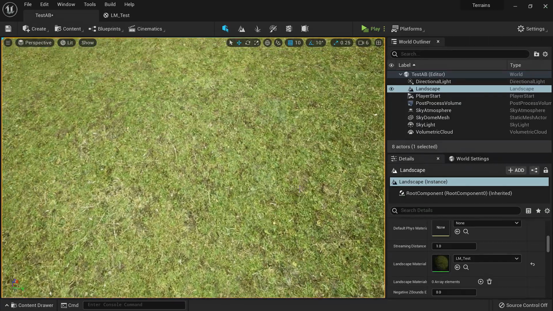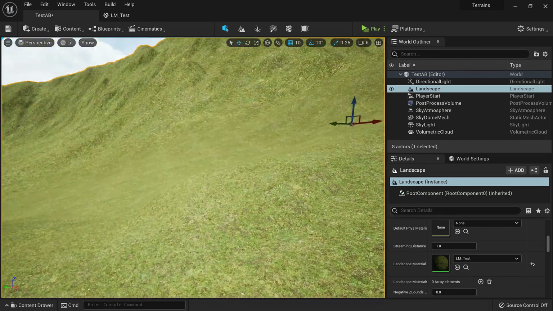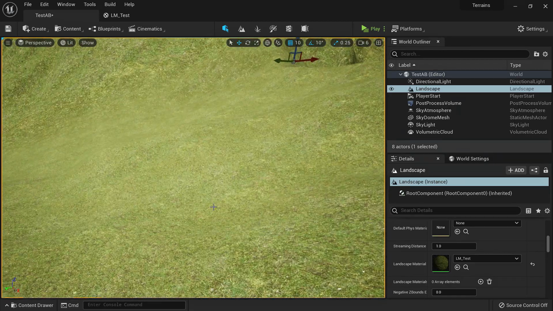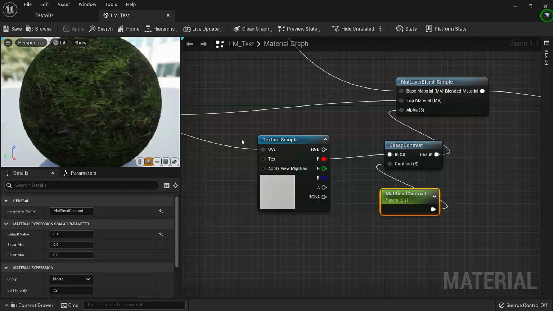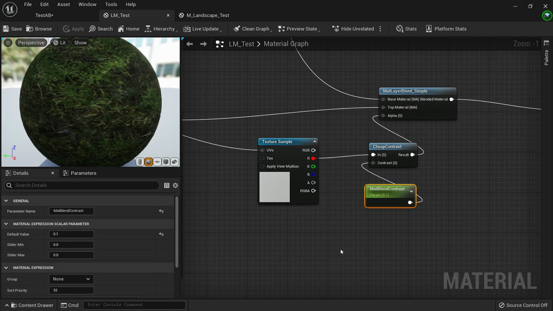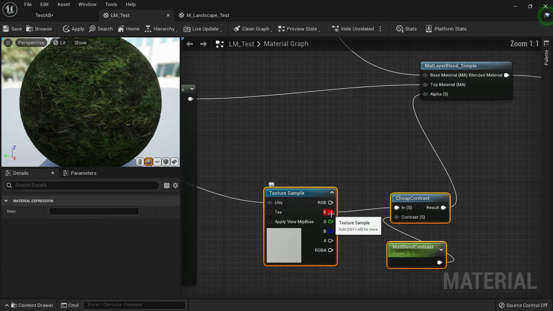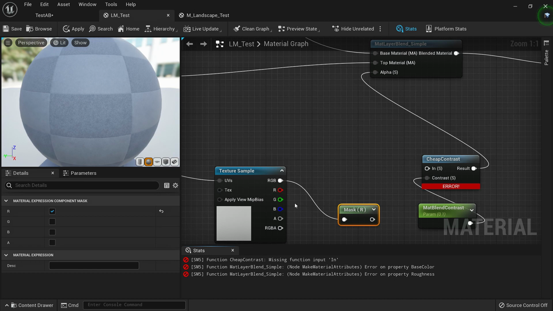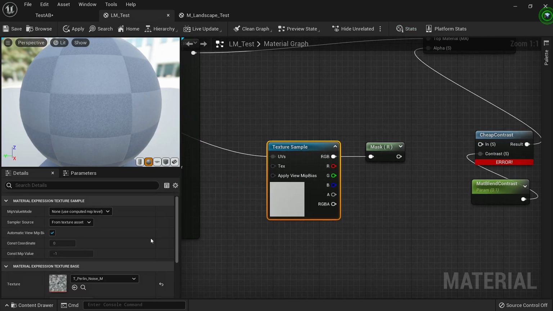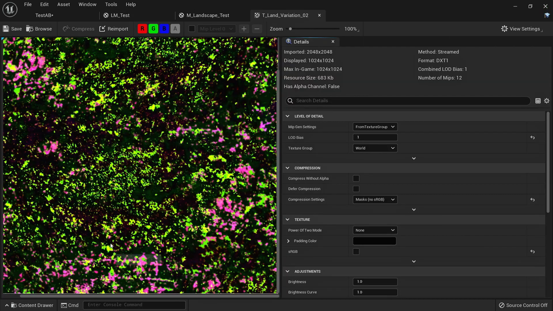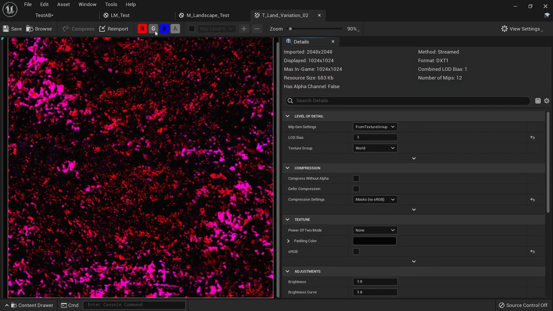So here in the dark areas, this is the second texture that we are using, and here is the first texture. Really hard to tell the difference between the two since they were similar. Now this is a simple Perlin, but you can also use a splat map here so that you have more options. If you were using the splat map, you would use a component mask, and we are using only the red channel here. And let's change the texture to a splat map. This one has the red, green and blue channel.